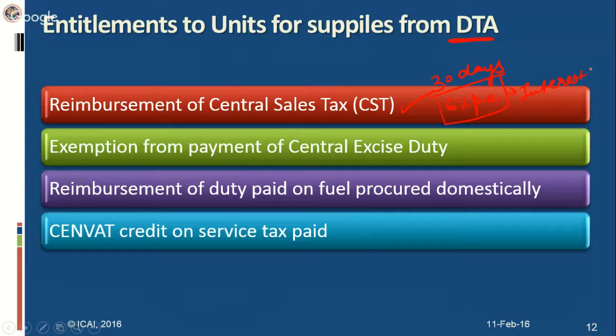Second is exemption from payment of central excise duty. Again, if any domestic supplier is providing goods to EOU units, then he will be exempted from payment of the central excise duty. And the next one is the reimbursement of duty paid on fuel procured domestically. So any fuel procured domestically from domestic oil companies or depots of domestic oil public sector undertakings, that duty will also be reimbursed as per drawback notified